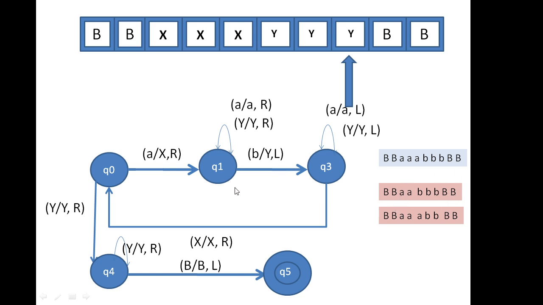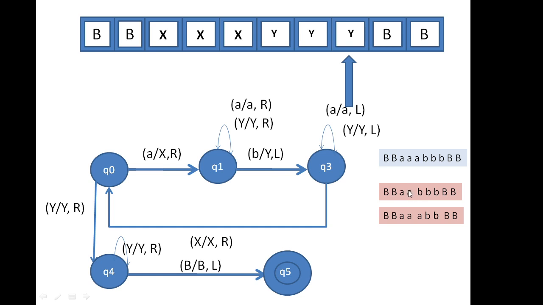So what we'll do, the first A we will convert into X, and we'll move right. We'll get an A. We'll let the A be as it is and move right. We'll go to B. As soon as we encounter a B, we convert it into Y and move left. When I move left, I encounter an A again, so I'll let it be as it is and move left. When I move left, I'll get a Y, and then an X. I'll let that X be as it is and move right again.